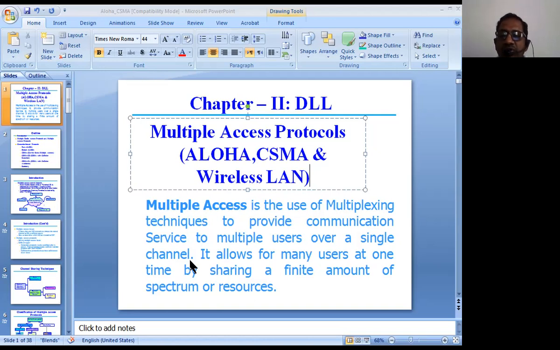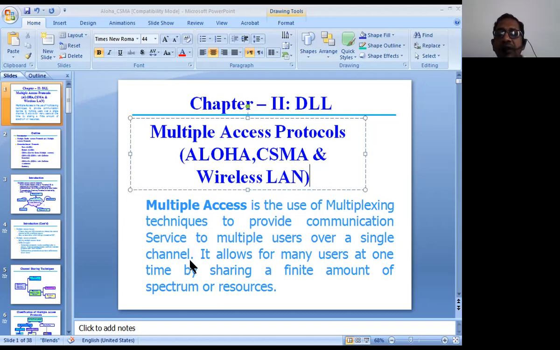It is something like a multiplexing operation. A multiplexer converts many to one. When you have many input sources, all the signals coming from them are simply transmitted using a single line connected to the output of the multiplexer. Exactly a similar kind of operation is done by the multiple access protocols.